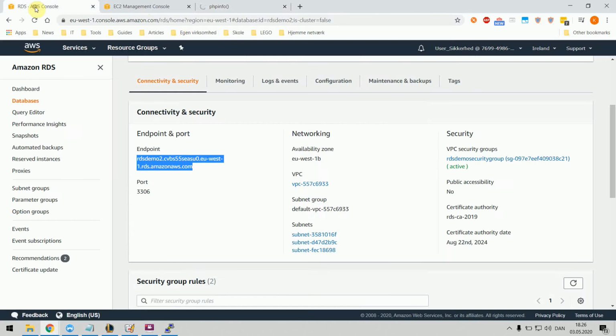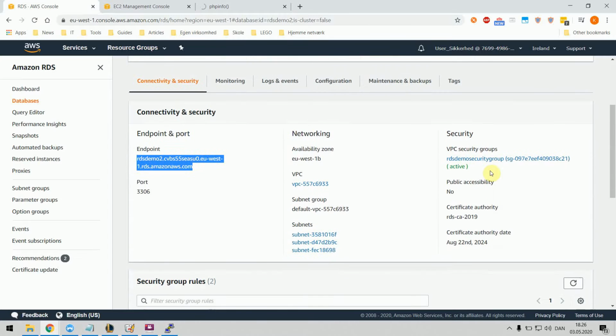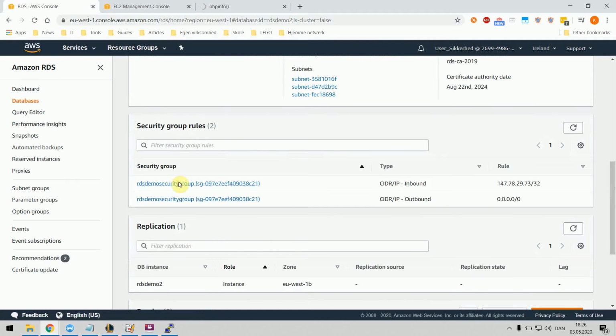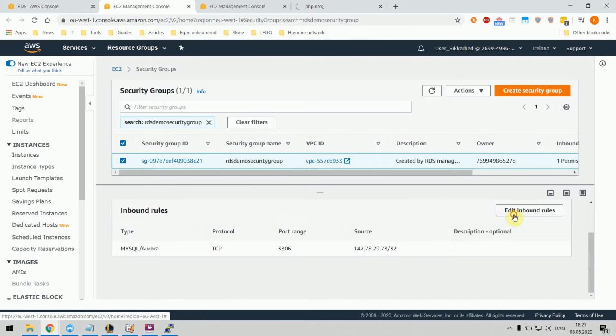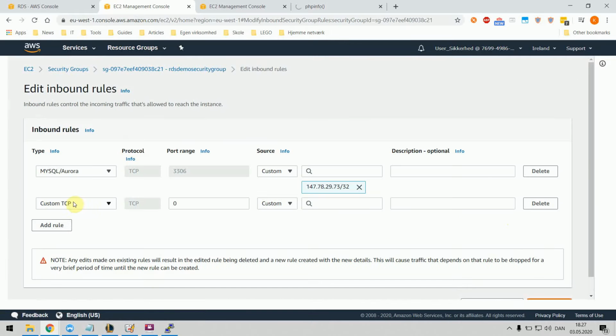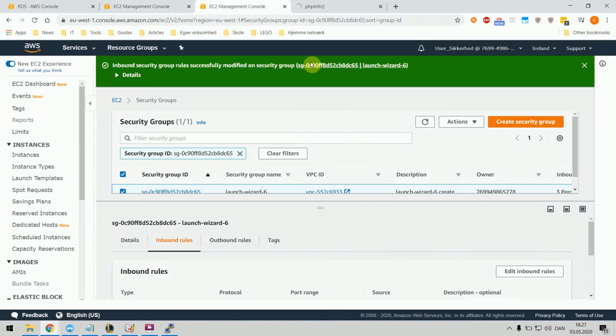However, another issue here, we need to update the security group of the database, because we need to allow the EC2 instance to connect to the database. So what we do is we navigate to this security group and we add another inbound rule here, and it will be on this port because it's default for MySQL. And the way we want to identify, we could use the IP of this host,